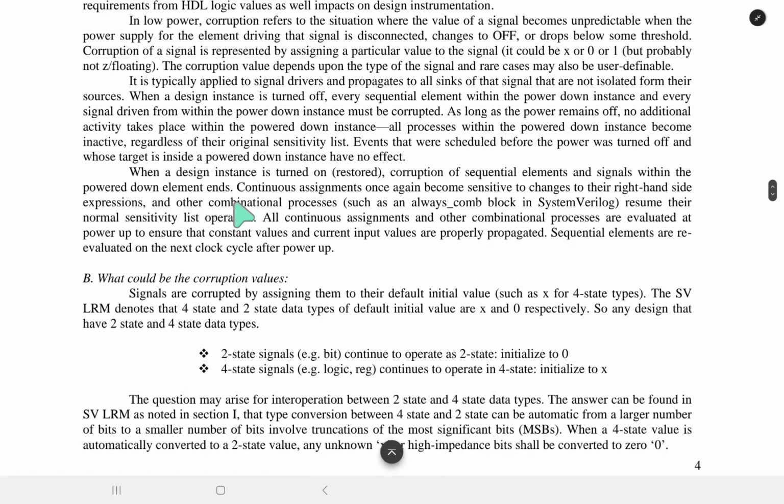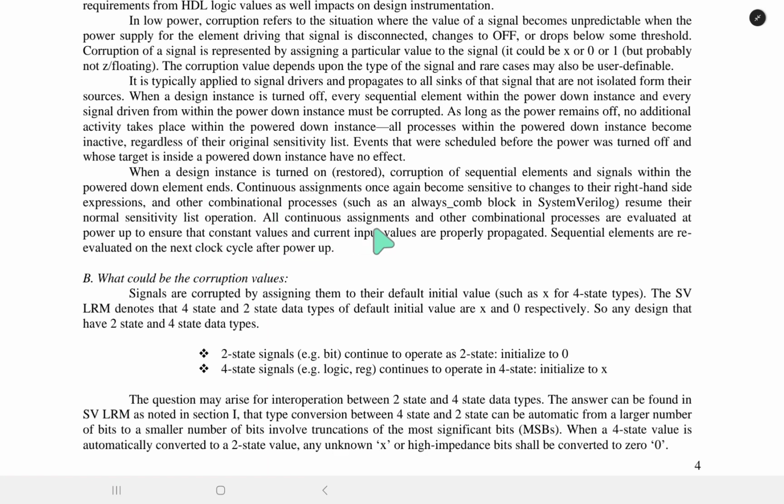So when a design instance is turned on or restored, corruption of sequential elements and signals within the powered down instance ends. Continuous assignments once again become sensitive to changes to the right-hand side of expressions, and other combinational processes such as